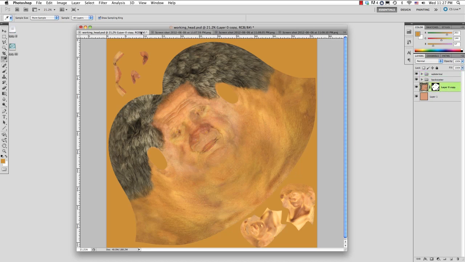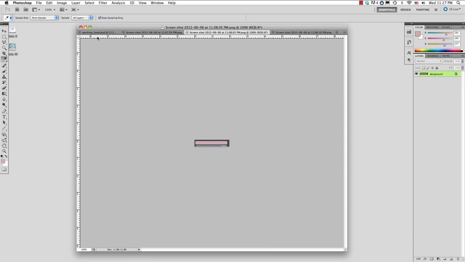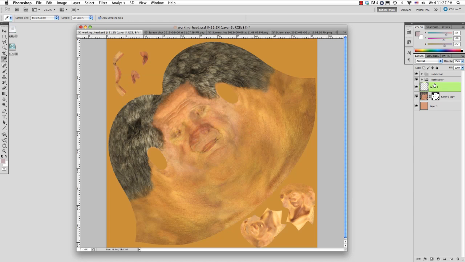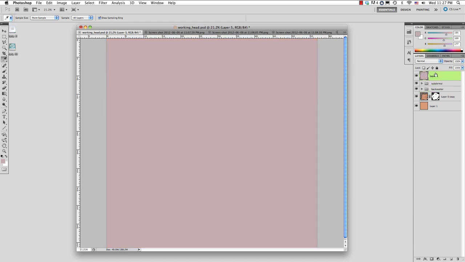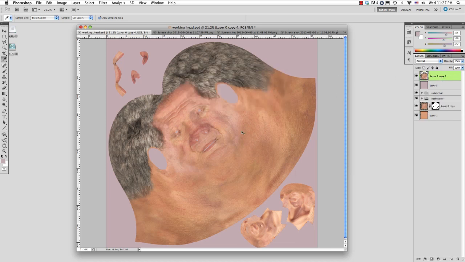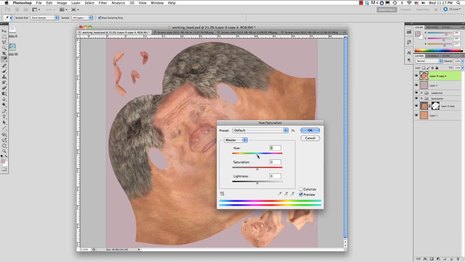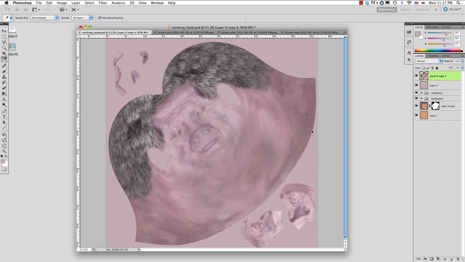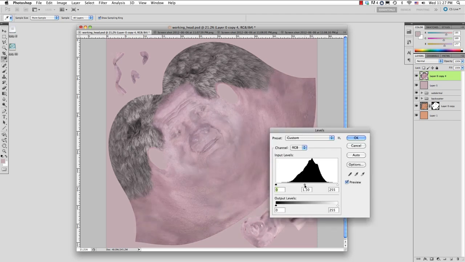And one more time, let's knock out this epidermal. Select the color, new layer, fill that layer with the proper color, duplicate the diffuse texture, apply the mask, and we're going to do the same thing. We're going to mess with our hue and saturation to match the color in the background. So let's turn it to almost pinkish purple, desaturate it quite a bit, and then a little bit more desaturation. And once again with the levels,